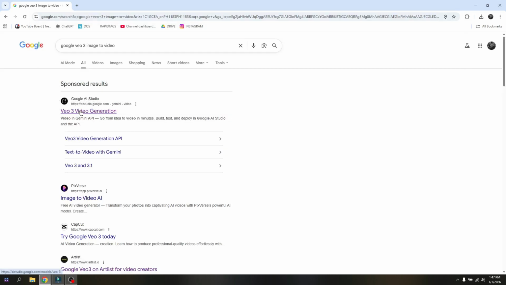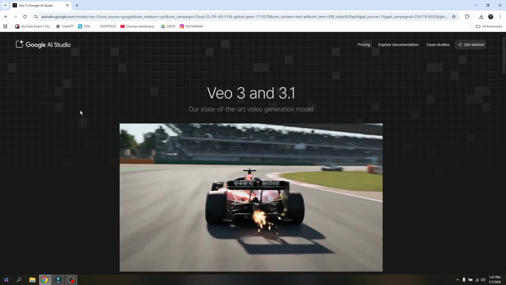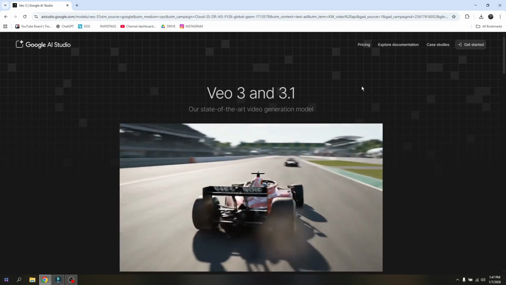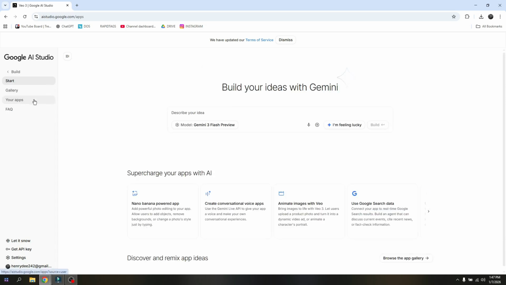It will redirect you into AI Studio, which is specifically for Veo 3 and 3.1. Now once you're here, just click on Get Started, and this is going to be your home dashboard. Now what you want to do next is to click on Build, and then from Build, you just need to